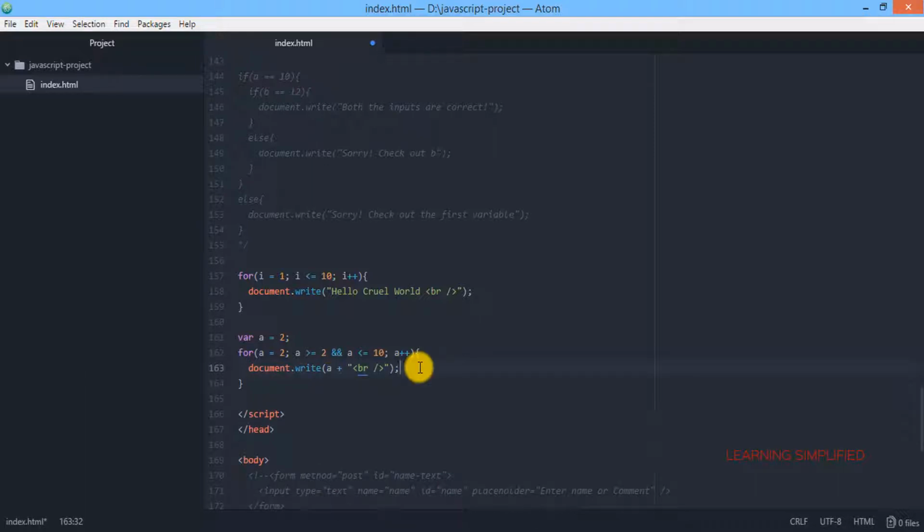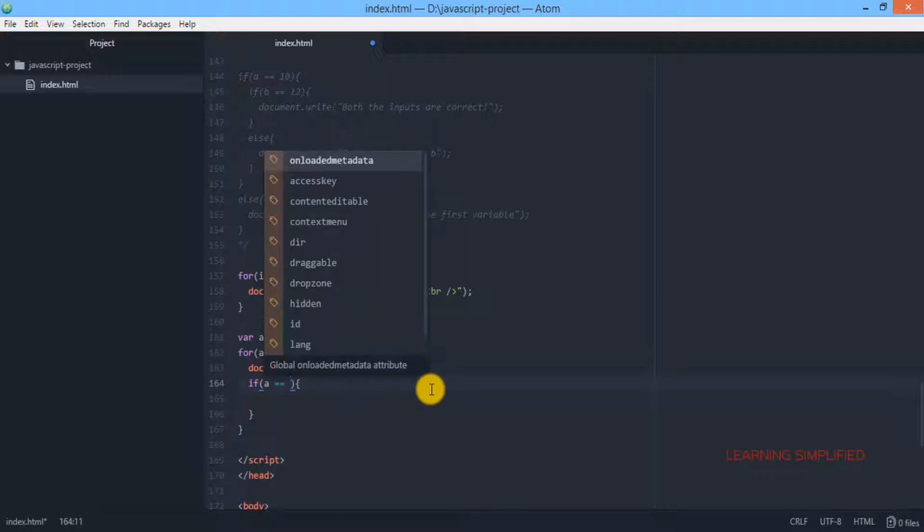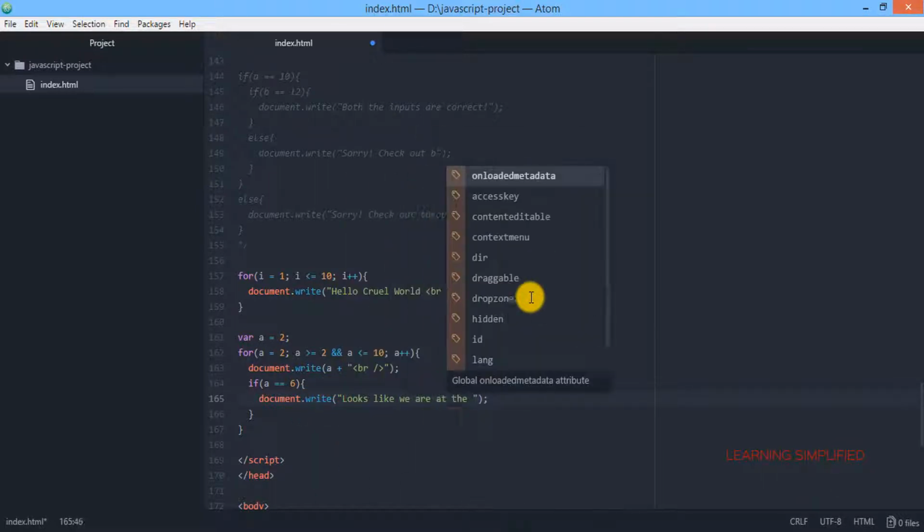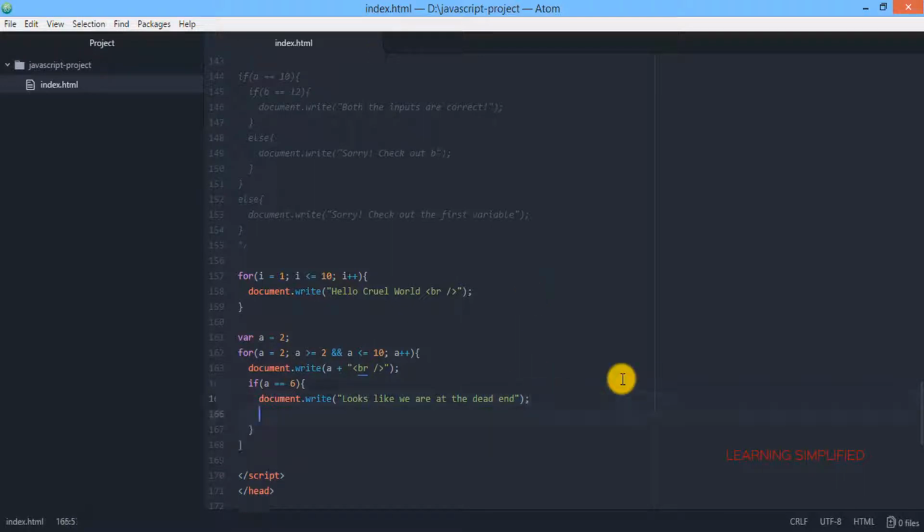Of course this should lie in your for statement, in this for counter loop, and that should be a nested if-else condition. If a is compared to 6, then only under this condition it will print here, and then it will break the loop.